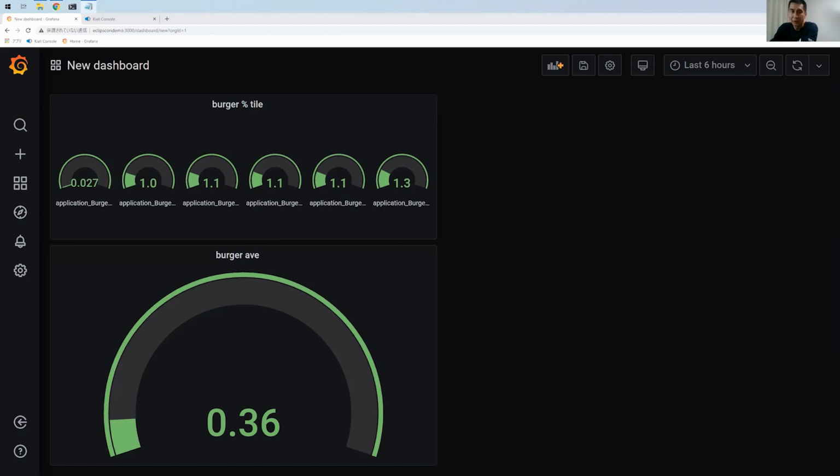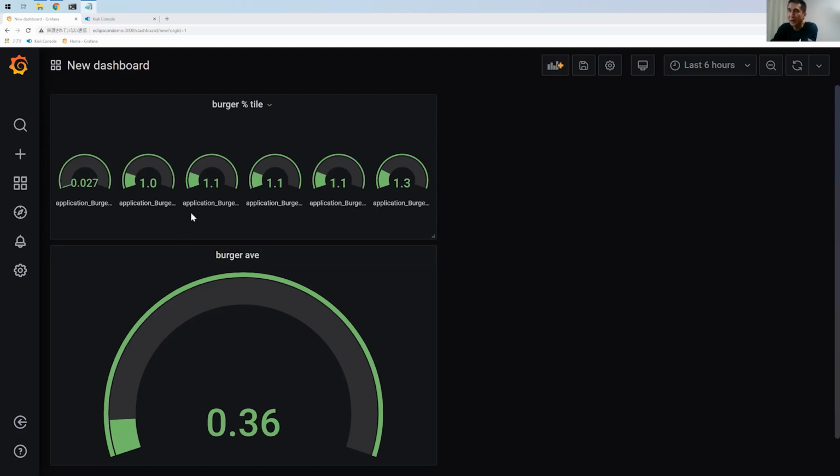So the question here is, what value should we set for the timeout? The answer is, first of all, you need to set an SLA or SLO for this service. If you don't care about the percentile information, you just look at the average time and see if this value satisfies your SLA or SLO.